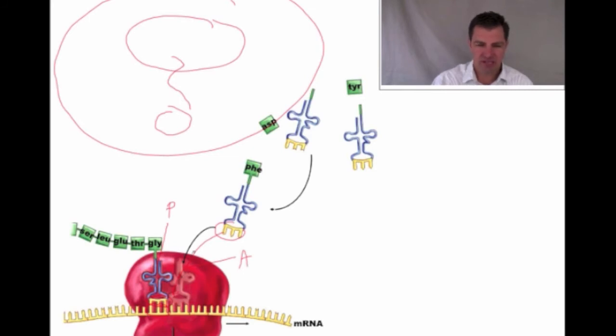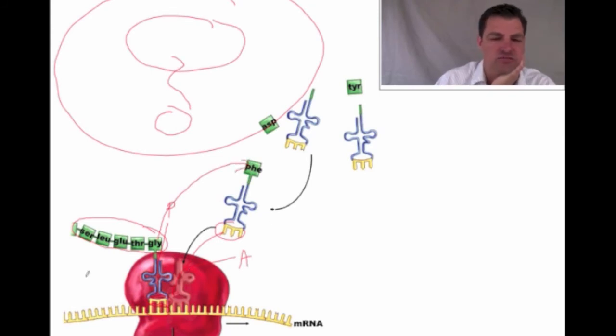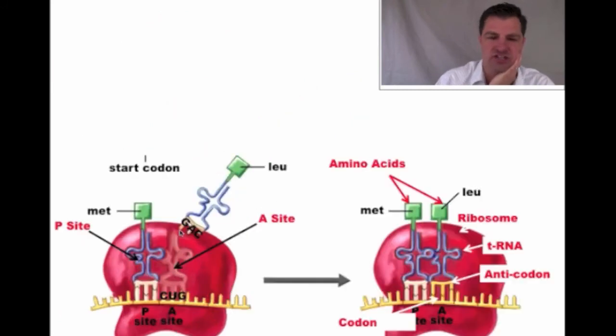And what's going to happen then, once my P site and my A site have my tRNAs in them, and you notice this has been coming along here, and it's already transcribed this part, and it's moving in this direction. What's going to happen next is this is going to float in here, and then all of this here is going to transfer over to this one. And then the whole thing's going to move that way, and I'm going to continue on.